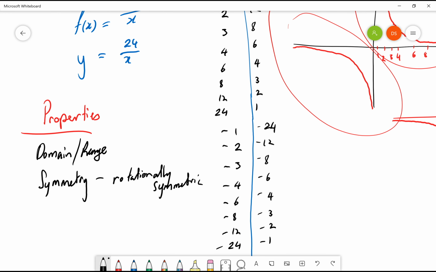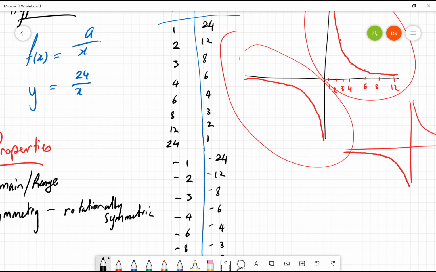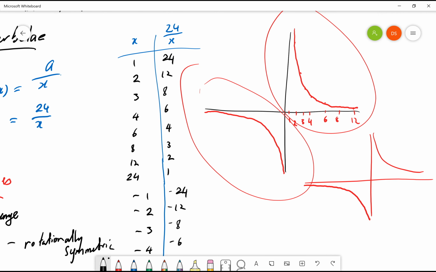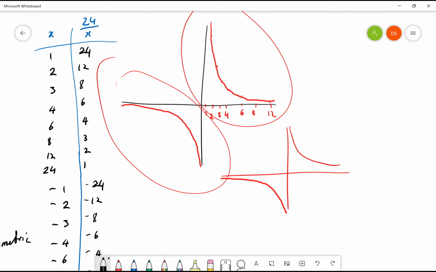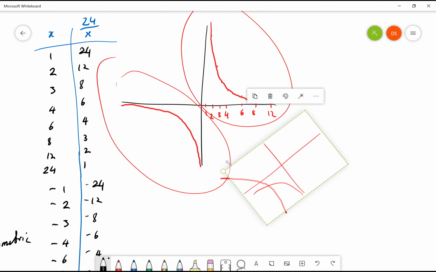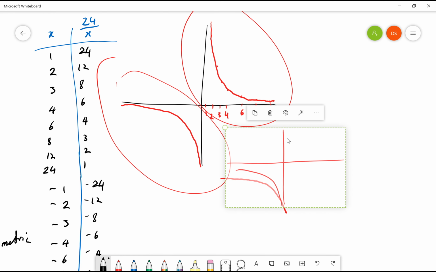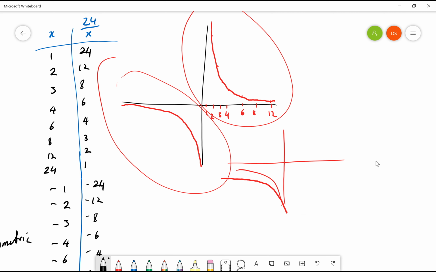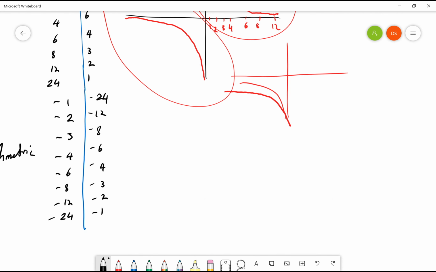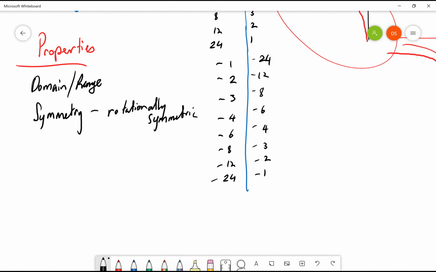right? Because if you flip this whole graph upside down, or spun it around, let's see if I can spin this graph. It kind of still looks the same. Okay, I know I've drawn really badly, we don't need to bring that up, but you can kind of see that it sort of still looks the same if you spin the graph. So rotationally symmetric, no turning points,